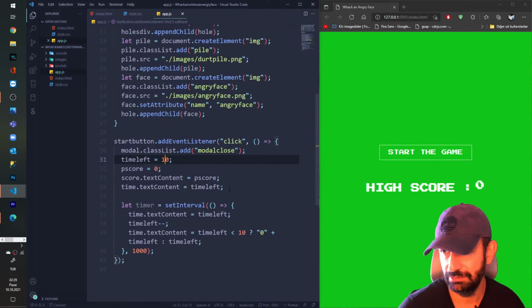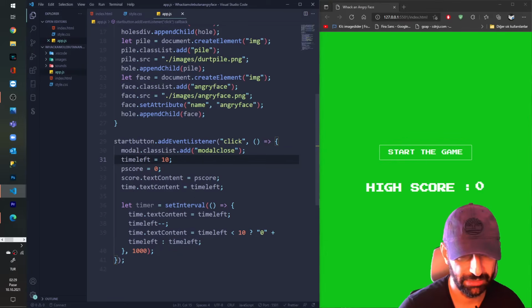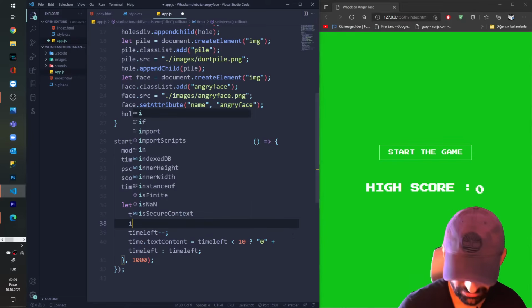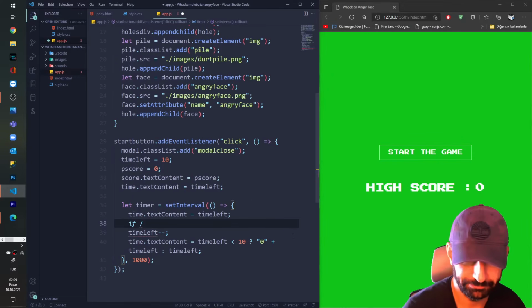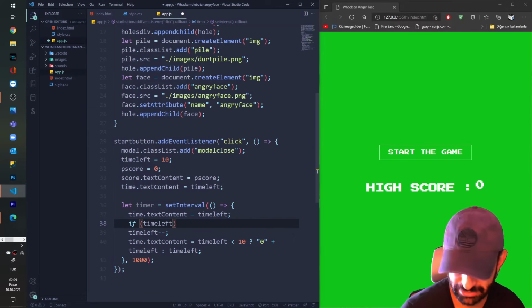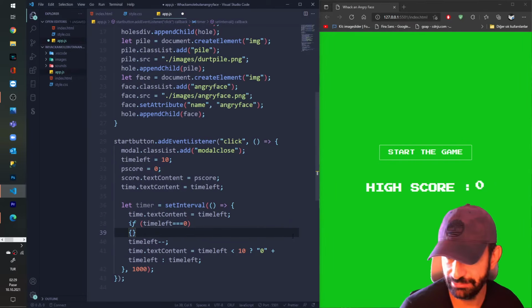Okay, let me see where I'm gonna write this thing. Start button, timer. Okay, if, sorry, time left equals to 0, then make something.